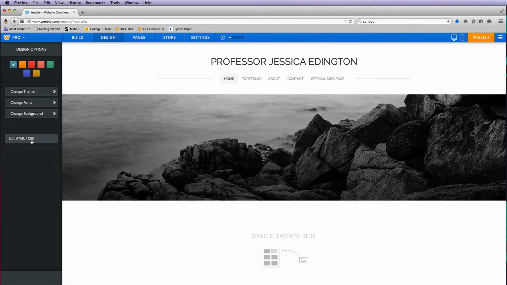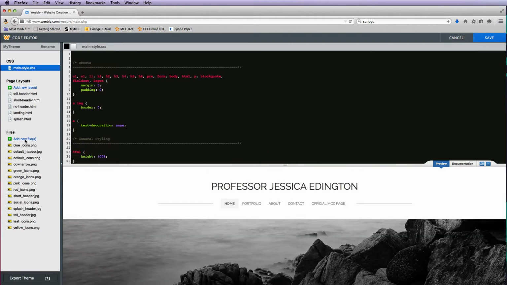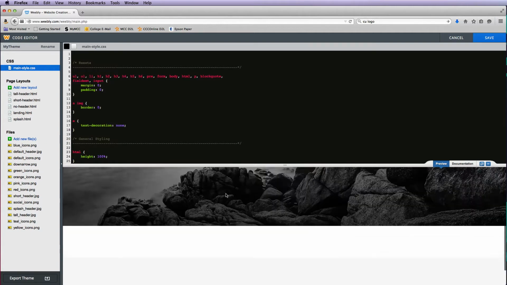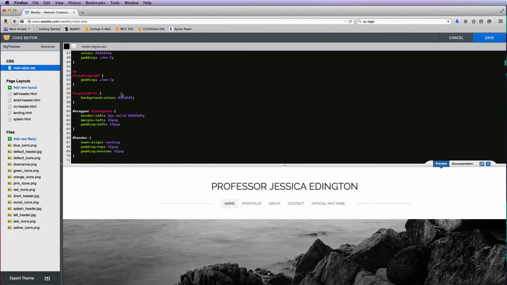The last thing I want to talk about is this edit HTML CSS. If you are aware or know how to code, you can create your whole theme from scratch or your whole template from scratch in Weebly, or you can customize the themes that are already created, and you can come in here and look at the different images that are included. You can look at the different HTML files for each of your pages,